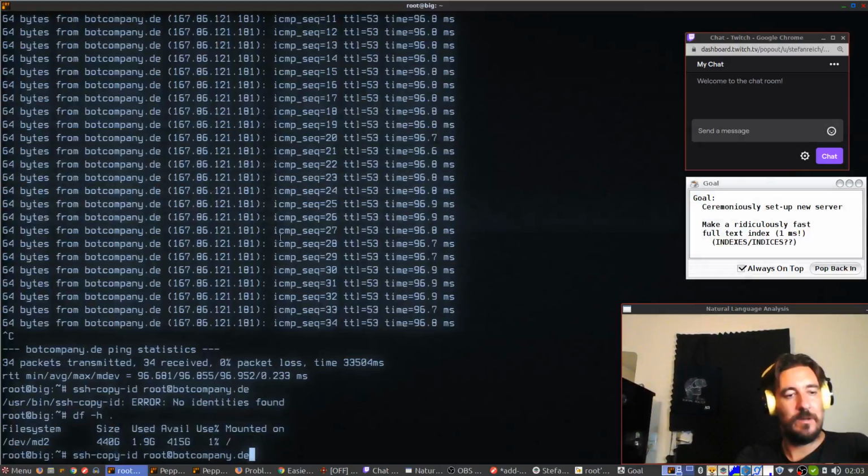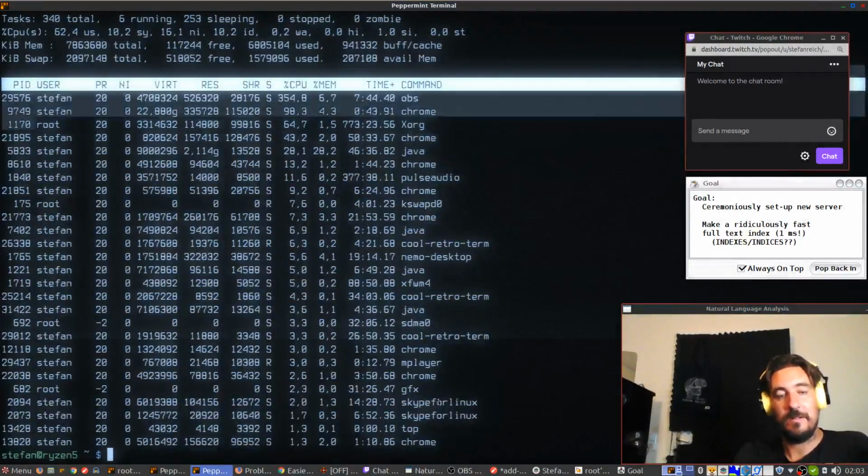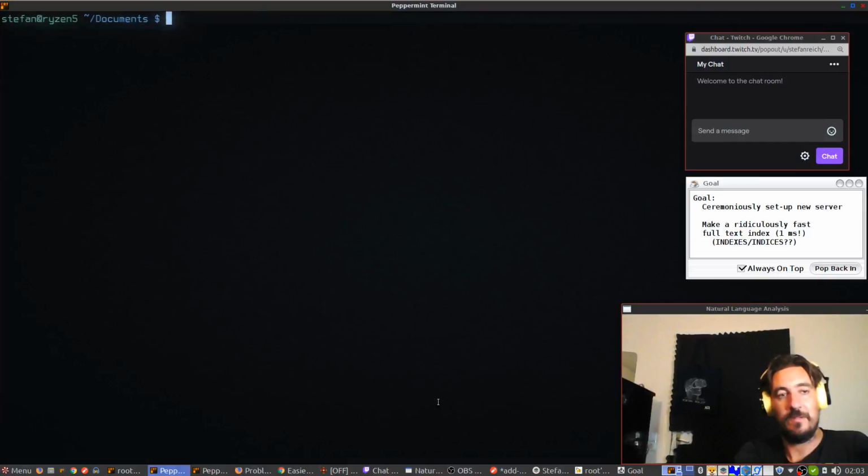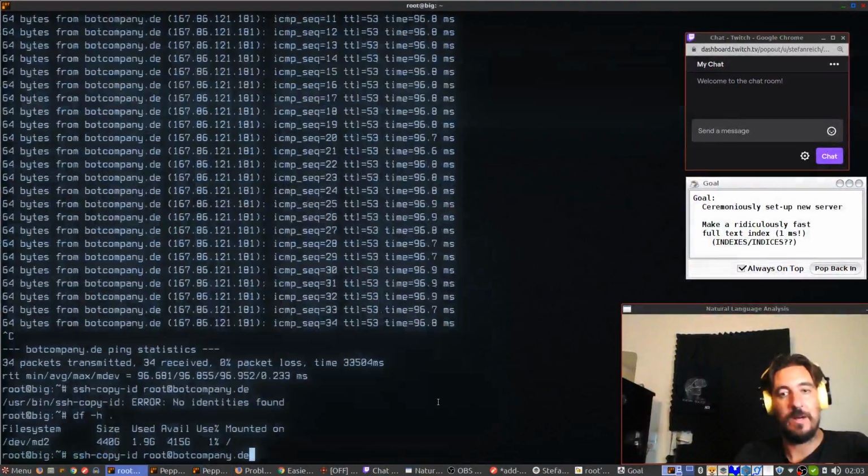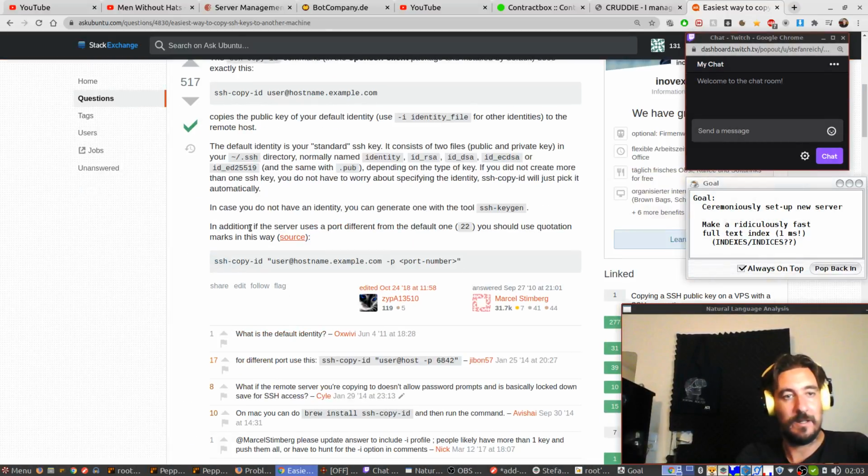I want to copy my new user ID to another machine so they can talk to each other. It says no identities found, but the command to make an identity is just a simple command. You don't have to specify anything. So why does it not just make my identity? It's ridiculous. Really.